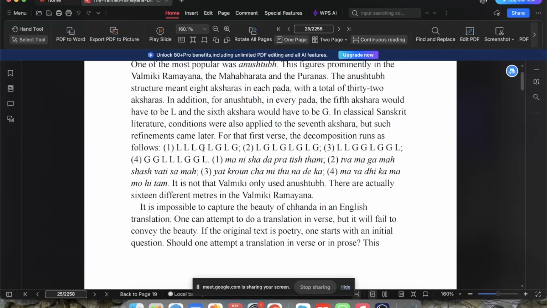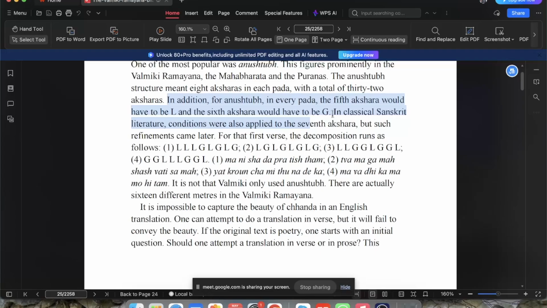All these things are the Laghu and Guru rules to be followed within the shloka in the Anushtup Chandas. Right, so you have 4 combinations, one of which has to be followed. And like this particular line says, in addition, for Anushtup, in every pada the 5th akshara would have to be a Laghu and the 6th akshara would have to be a Guru. Right? So now if we took something like Kujantam Rama Rameti,